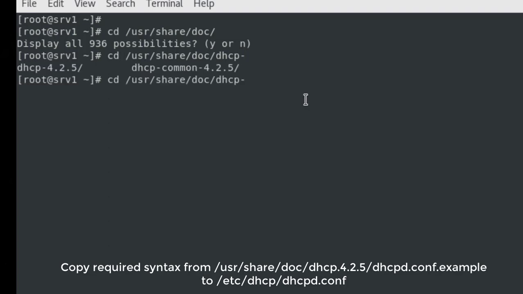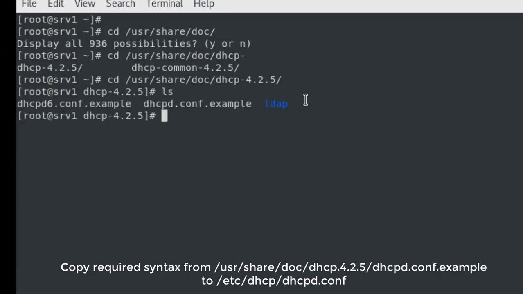You will see there are two folders, so I'm going to select the one with my version number, and I'll do ls. You can see that dhcpd.conf.sample is there. I'll just open that up.